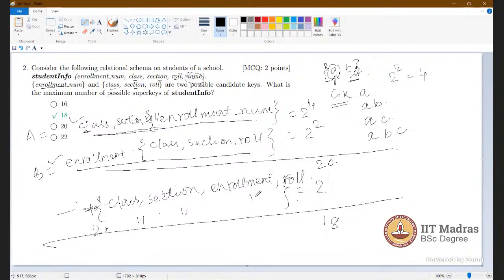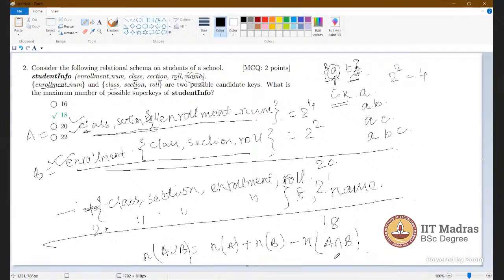This one, this one, this one, this one, and the name. You can see this particular one comes in both, this one also and this one also. So we count it twice there, so we need to remove that one time. Is it fine? Okay. If you remember how we count this, set theory, if you remember that. Yes, got it. Okay, thank you.